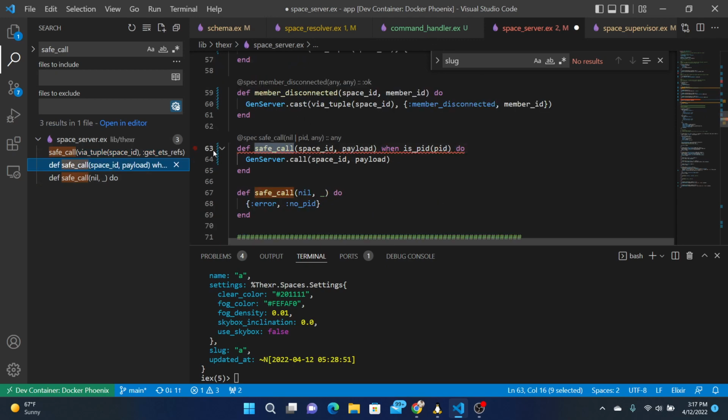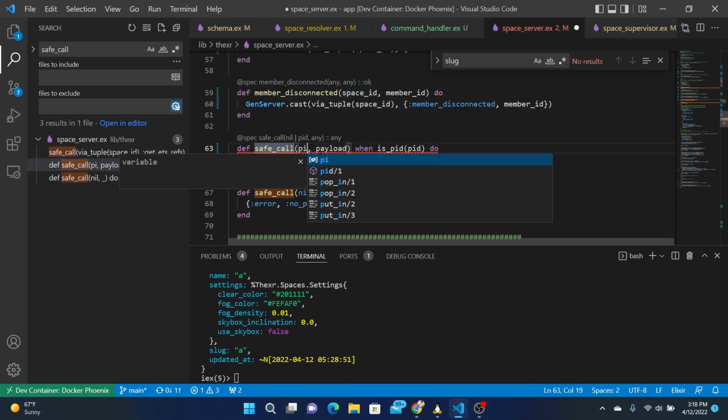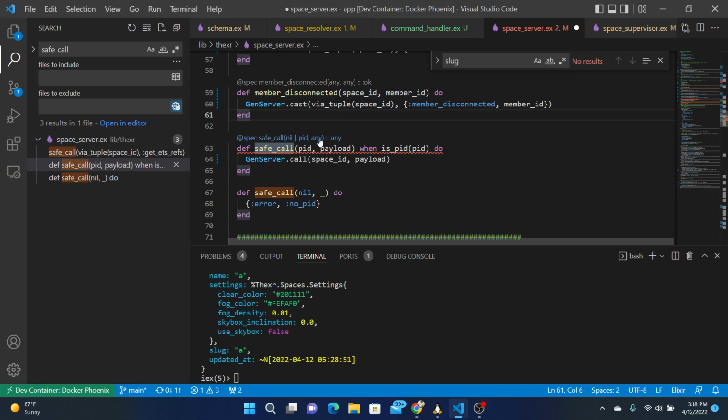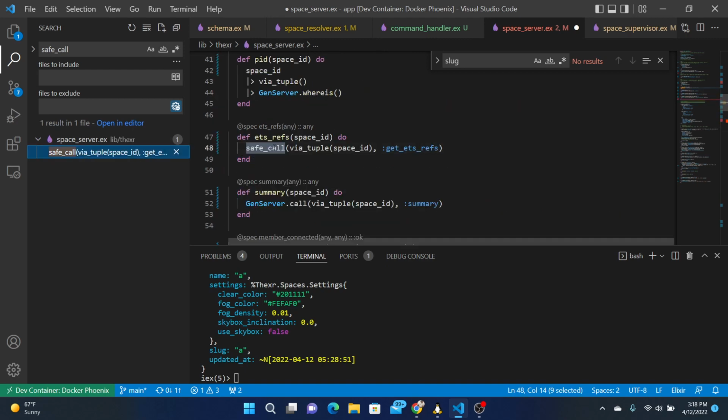Okay, so then here it does PID. There's no guarantee that this is actually the right PID though. Let's remove safe call for now. Remove this. Let's just call it regular GenServer call.